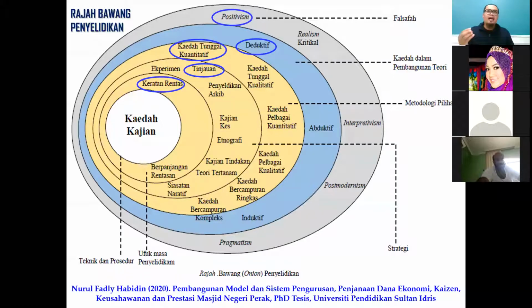and interpretism. Honestly, in order to make sure I understand the book from research methodology, I try to read research methodology book, but it is difficult to understand. But when I start, I refer to the thesis, a lot of thesis actually. I refer to a thesis and I clearly start to understand. Then after that, I read the research methodology, easy to understand. When I start with the research methodology books, I'm quite difficult to understand. But when I start reading from the thesis, and then I read the research methodology book, okay, I know that,